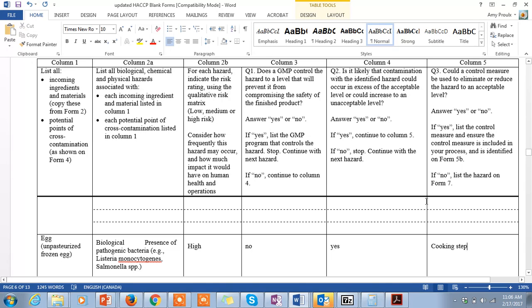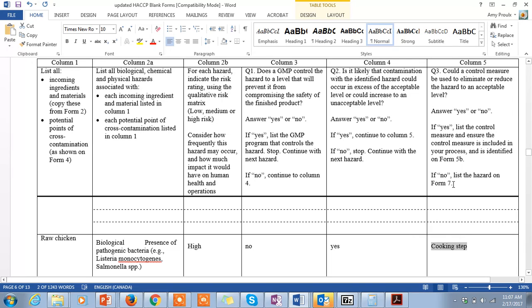Now, let's say we're not working with unpasteurized frozen eggs. Now we're working with raw chicken. Now, I'm not putting raw chicken in my muffins. I'm just using this as an example. But I'm going to guarantee raw chicken is going to have this same clause here. I'm thinking of the chicken finger group, where they're par frying but not necessarily meeting full lethality. And the question is if the cooking step is not sufficient to truly remove the hazard, you may indeed list